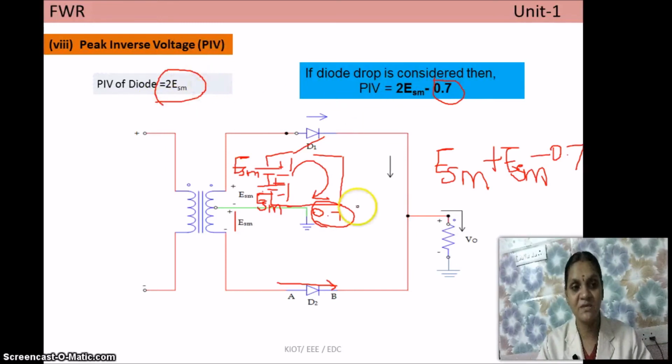The same thing happens when this diode is reverse biased and this diode is forward biased. So this is one of the important things you have to keep in mind. So peak inverse voltage across each diode will be very high compared to that of half wave rectifier. This is considered to be one of the drawbacks. In half wave rectifier, peak inverse voltage is only ESM, whereas in full wave you are getting 2 ESM. If the peak inverse voltage increases, the diode will be of very bulky size and the cost is also very high. It is one of the drawbacks.